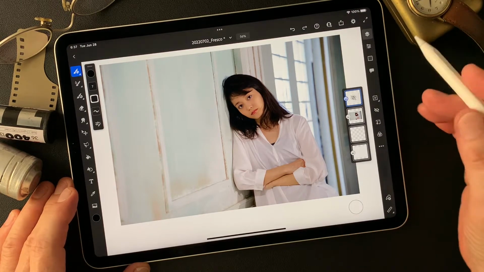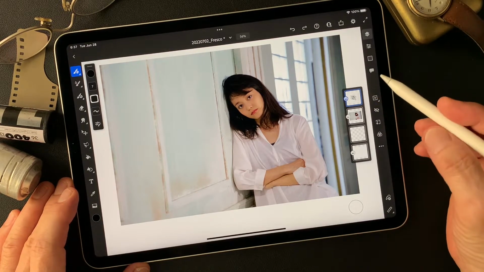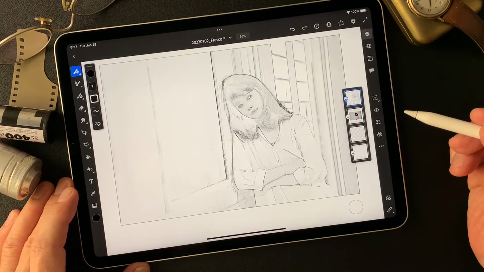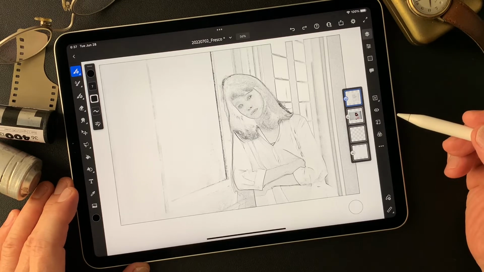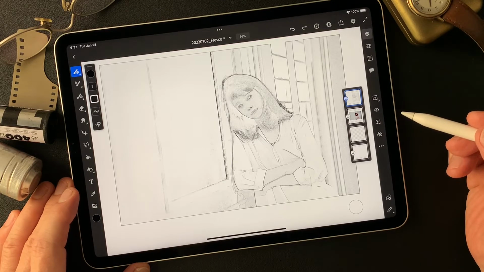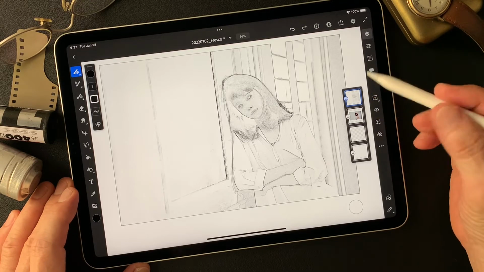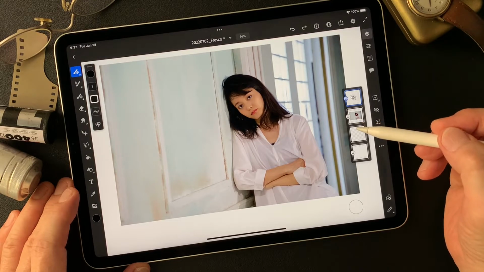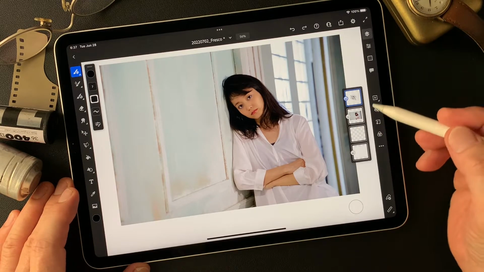Well, this is my subject today, and I have this image, and also I have this pencil drawing type image made in Adobe Photoshop using a filter called Find Edges. I tried a couple times last year, but I didn't much care for it, so I decided to challenge it again. And this time, this shot doesn't have much color,